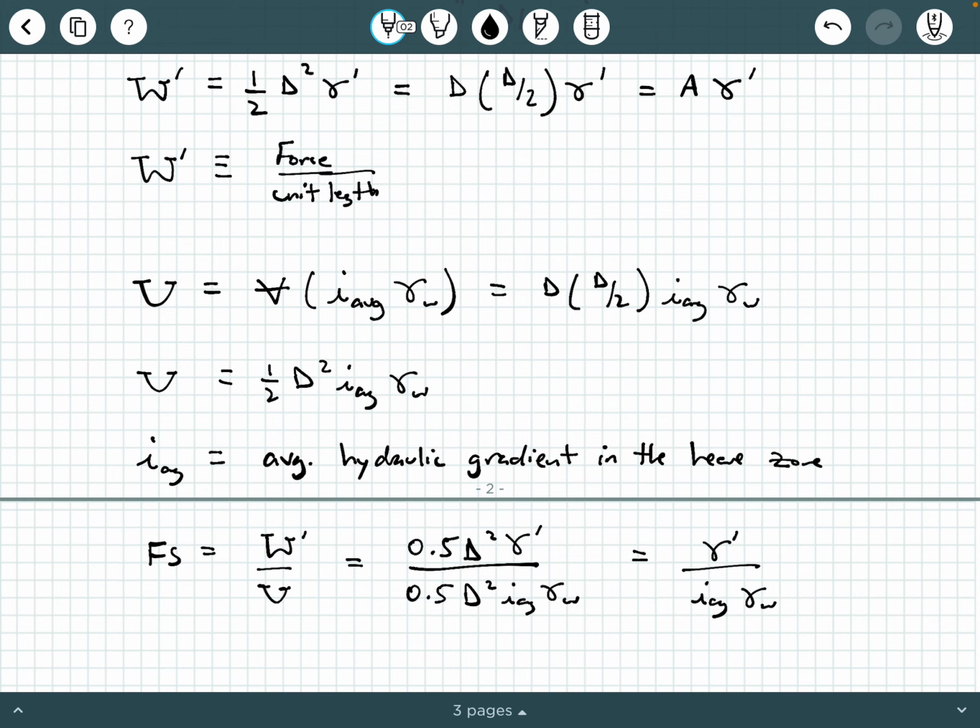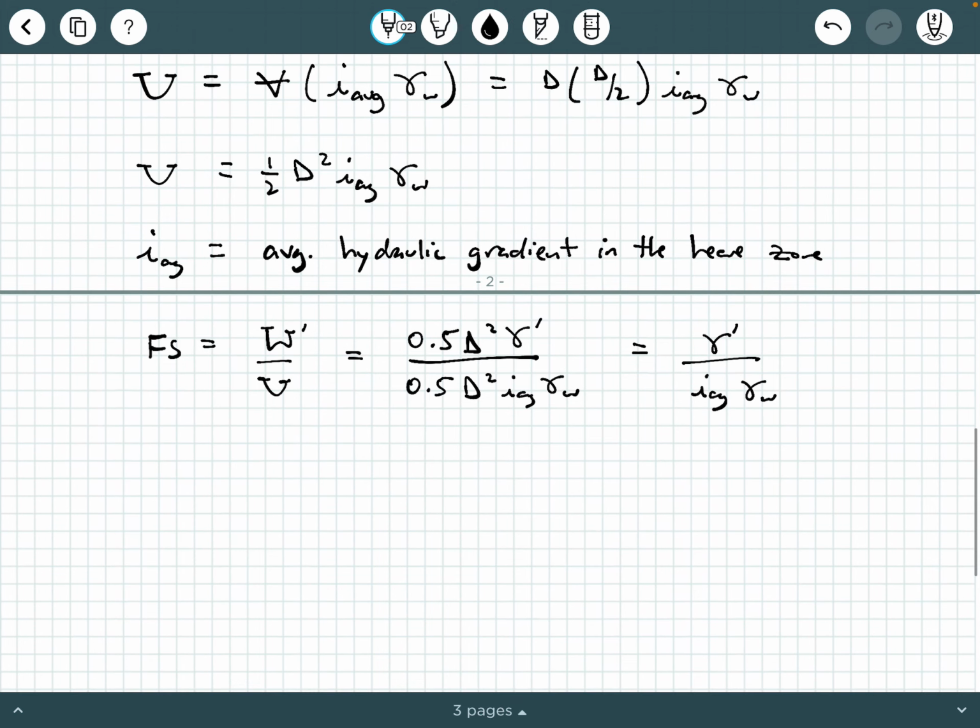Okay, now how do we dig into, no pun intended, how do we dig into I average a little bit more? Well, remember, we're looking at the average hydraulic gradient through that block of soil. So I average is going to be taken as